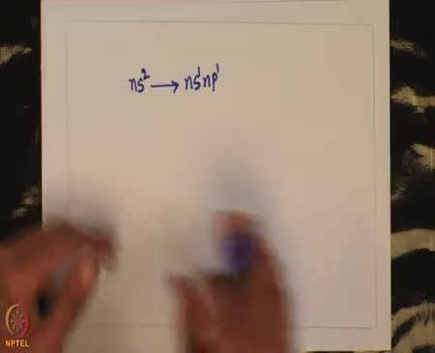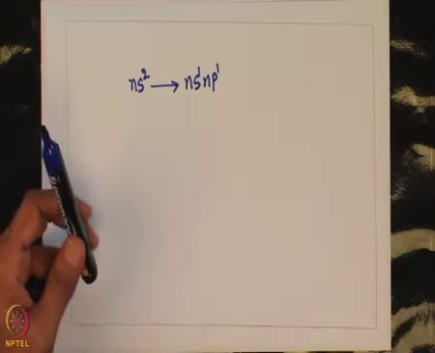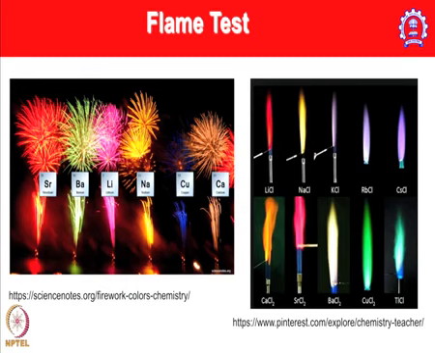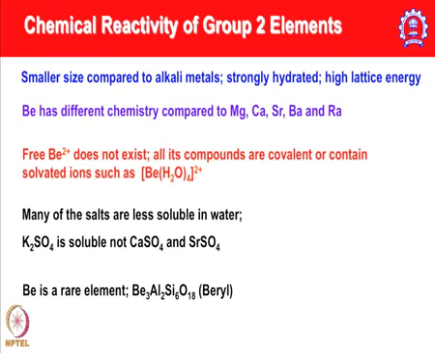And when we look into the reactivity, you can see the flame test colors here. Very nice apple green color can be seen in case of barium and strontium, and calcium the corresponding colors. Of course, because of these nice colors, they are also used in fireworks. Let us look into the chemical reactivity of group 2 elements, and because of smaller size compared to alkali metals,